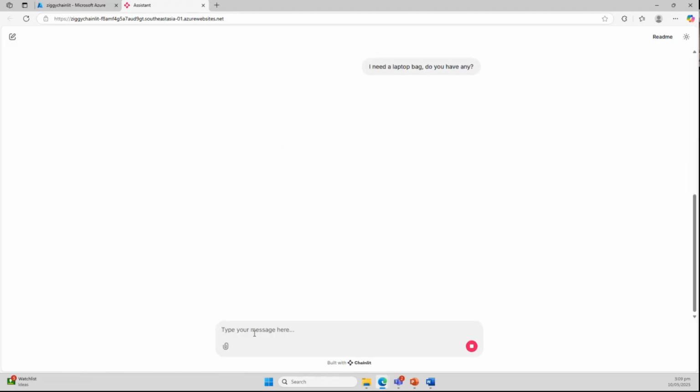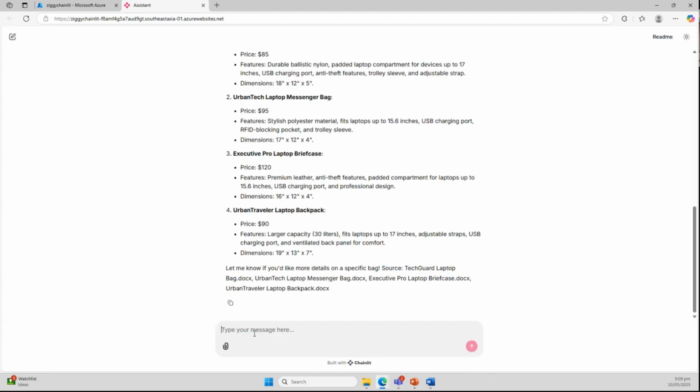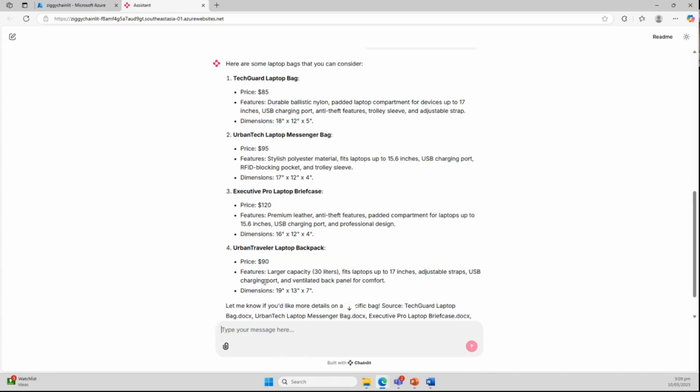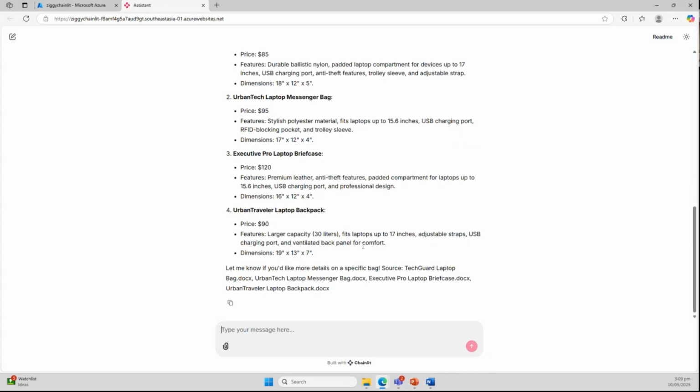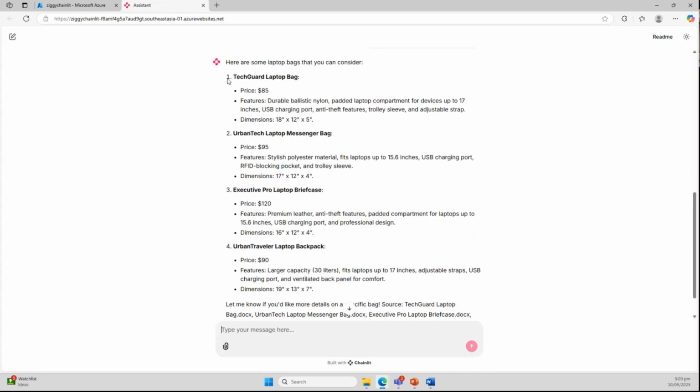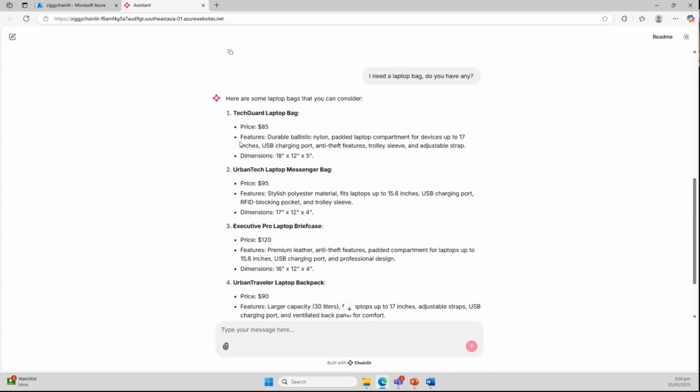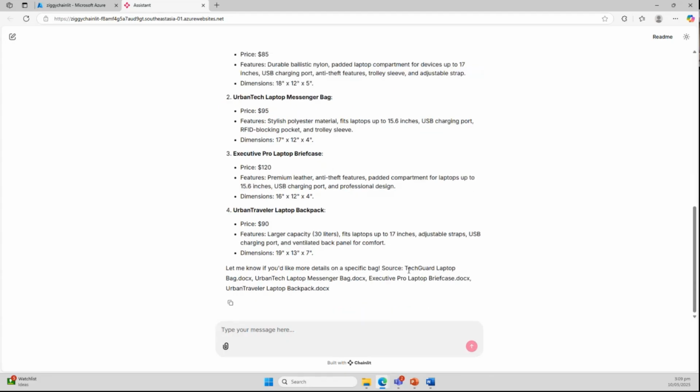In which case, this information is actually looking at Azure AI Search. I will not discuss how we will build the index because I do have another course in LinkedIn just to discuss how to build an index using Azure AI Search programmatically, but I can share you the code later. Based on this query, it's going to look at our Azure AI Search index, and then provide results. There's actually more than one laptop bag. We have 4, and it's providing you sources of where it's coming from.